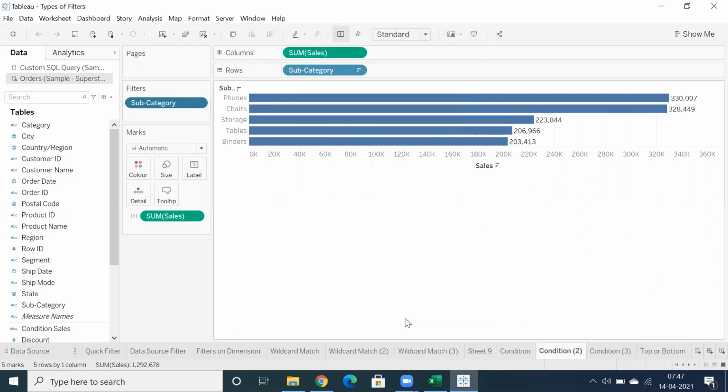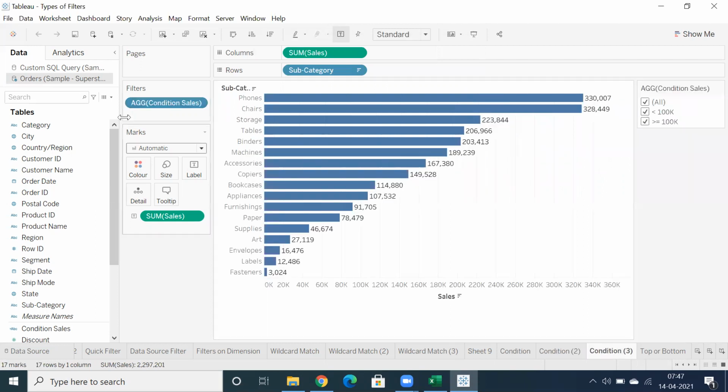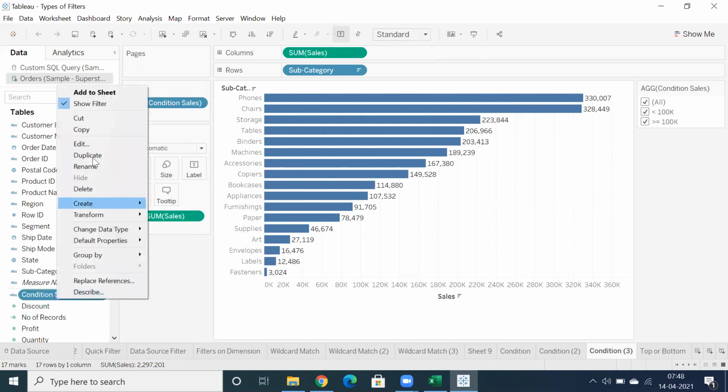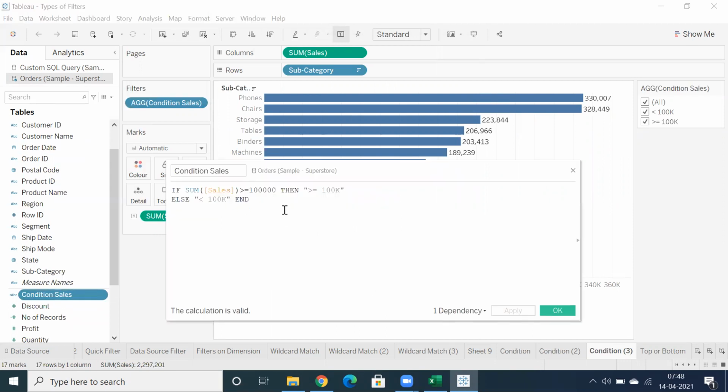Okay. And I also showed one more example, like you can see here, conditional sales, where you can write an if condition, or you can straight away write sum of sales greater than or equal to 100K. Anything is fine. That will become a Boolean statement. Or if you want to write an if condition, you can choose your own naming convention, that is also fine. Okay. So mostly you'll get clarity on these if conditions in the coming classes.